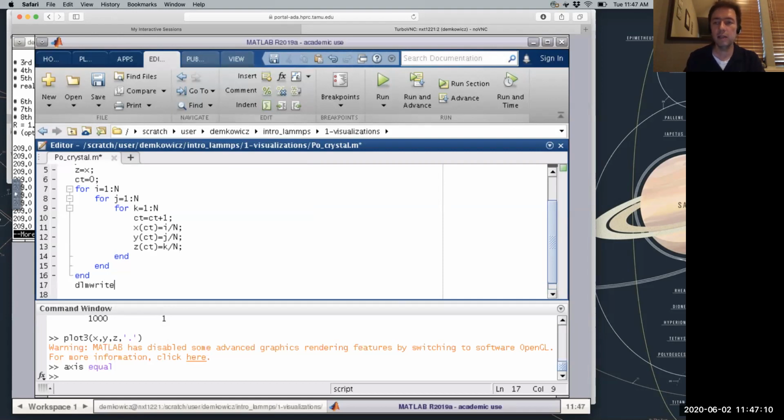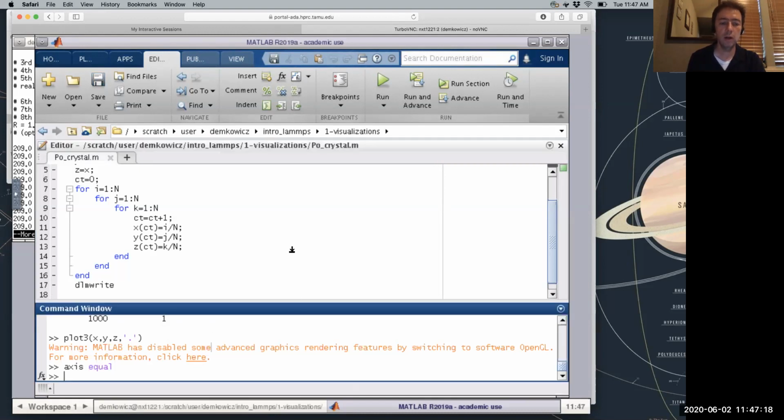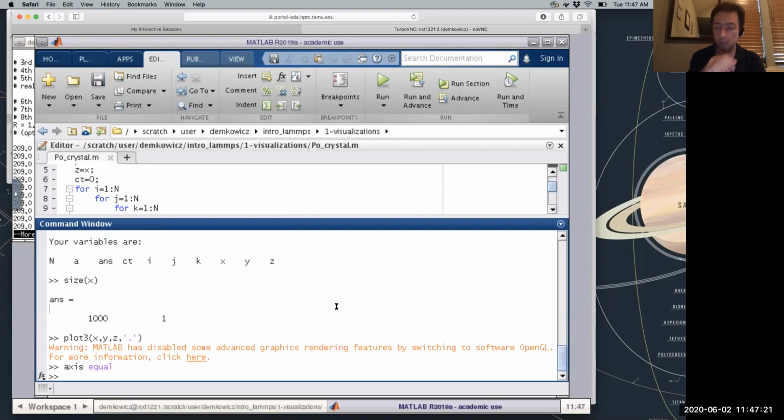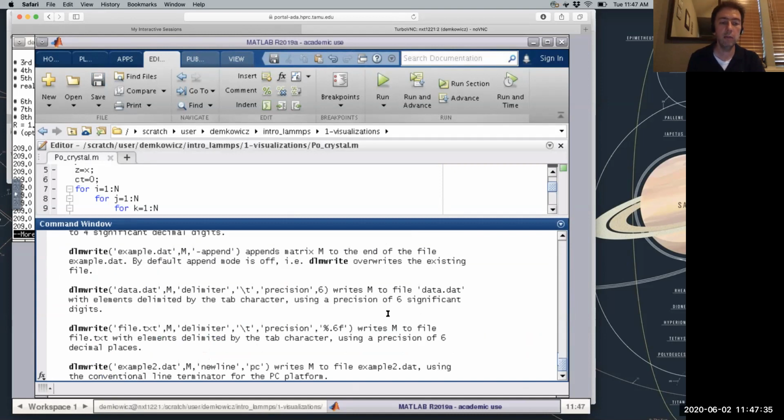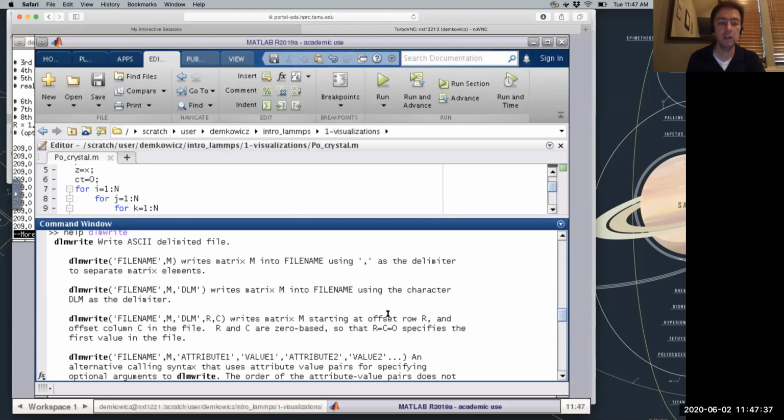The dlmwrite command is a command that you can use in MATLAB that very easily lets you write things to a file. By the way, if you are a user of MATLAB and there's a function that you haven't used in a while or you've never used, you can always write help dlmwrite, or whatever command you're interested in, at the command prompt, and it'll give you a help file with the syntax for using that command. For this particular command, you just specify the name of the file that you want it to write out, and then you put in the thing that you want it to write.